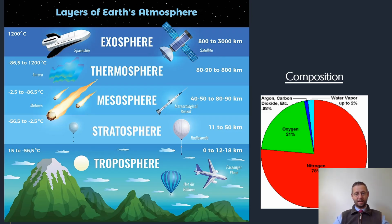We're going to look at these one at a time, but familiarize yourself with the kind of scales that we're looking at here. So up to about 12 kilometers, that's the troposphere. Beyond that to 50 kilometers, a much bigger chunk, that's the stratosphere. A further 40 kilometers above that, that's the mesosphere. The thermosphere carries on for hundreds of kilometers, and the exosphere for thousands of kilometers. So basically, it is like an onion of layers of atmosphere, but the slices are getting thicker with each successive